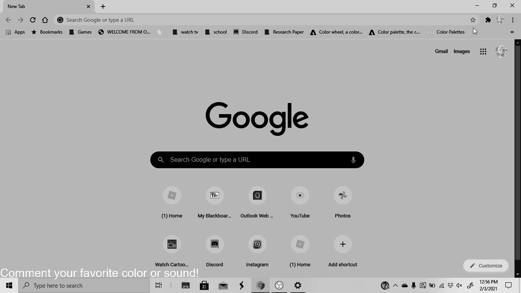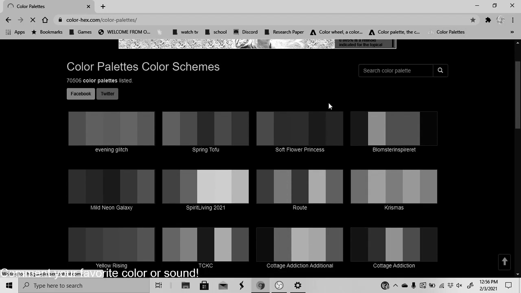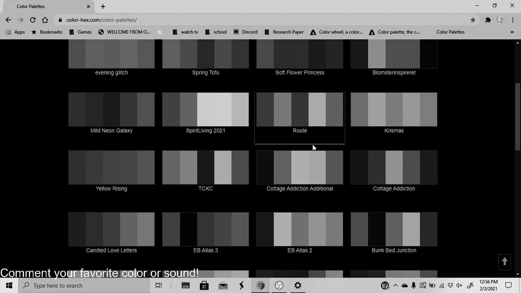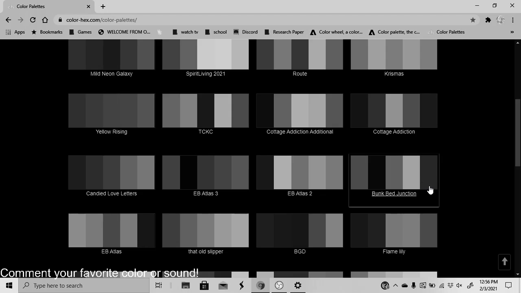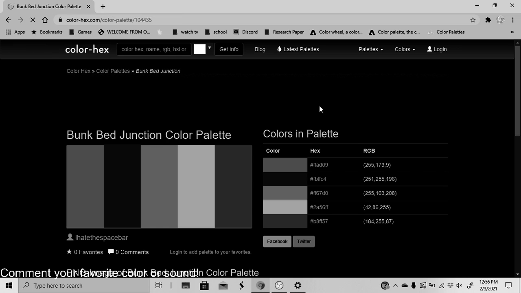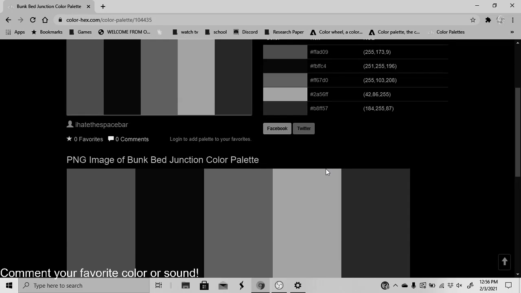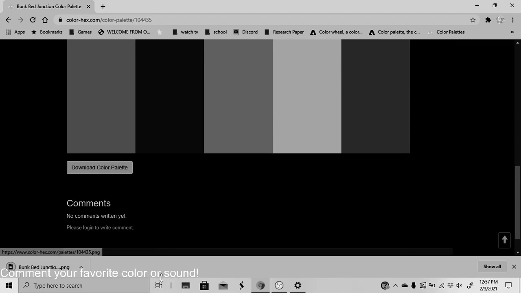Now all that's left is to go find color palettes. So already you can see this means that most of these dark colors are going to be light colors and light colors are going to be dark colors, probably. Bunk Bed Junction sounds like that would be fun, and it looks like there's a bunch of different colors. I mean, maybe we'll do this one. Alright, let's download this color palette. And then I'm going to use,